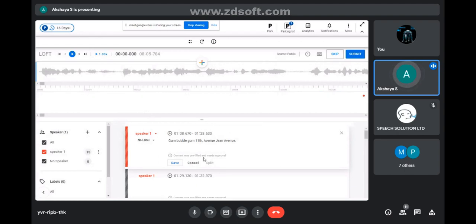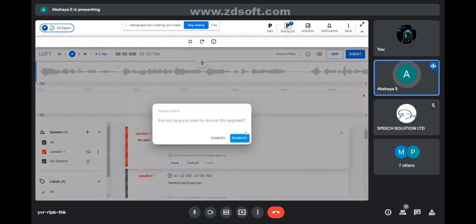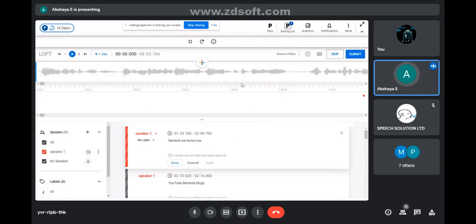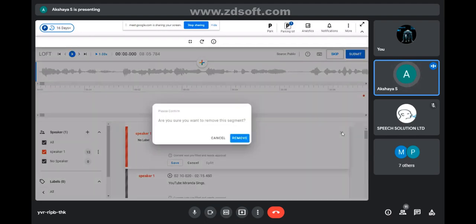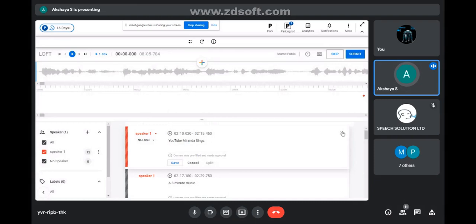See, the content was pre-filled and needs approval. This is machine transcription, and it might be wrong. If you think it is wrong, just copy the transcribed words into a notepad or another sheet, delete the segmentation and make the segmentation from your end, because correcting the segmentation takes more time than creating new segmentations.